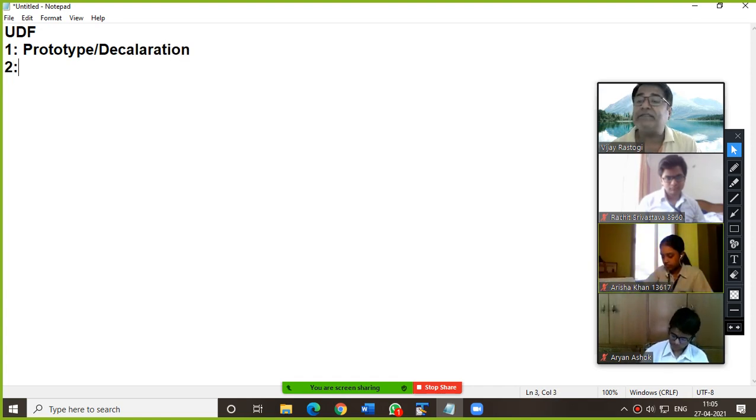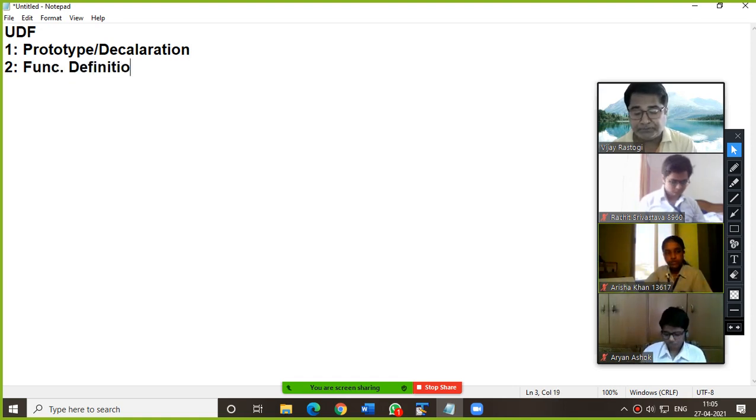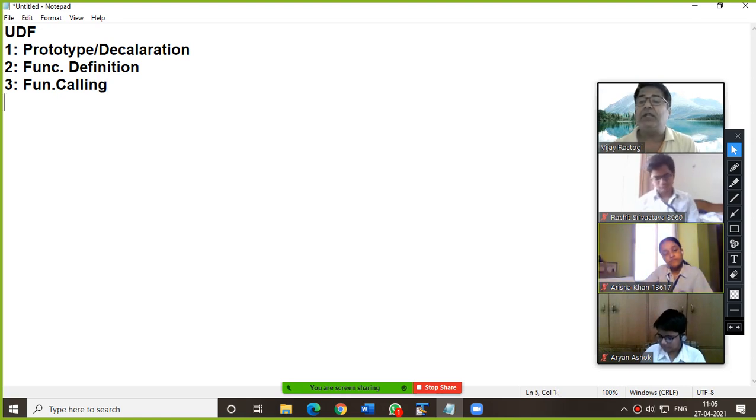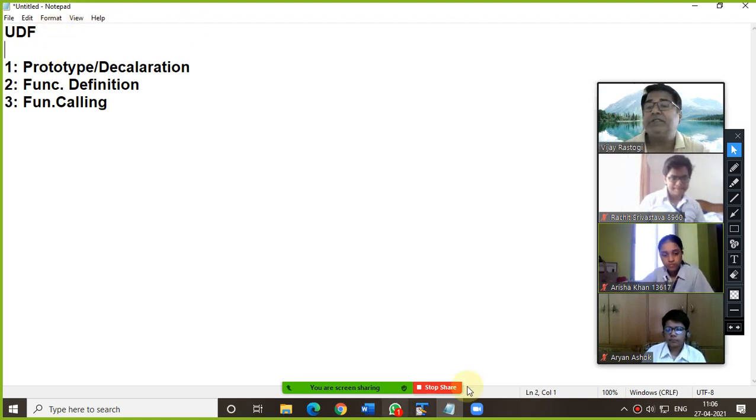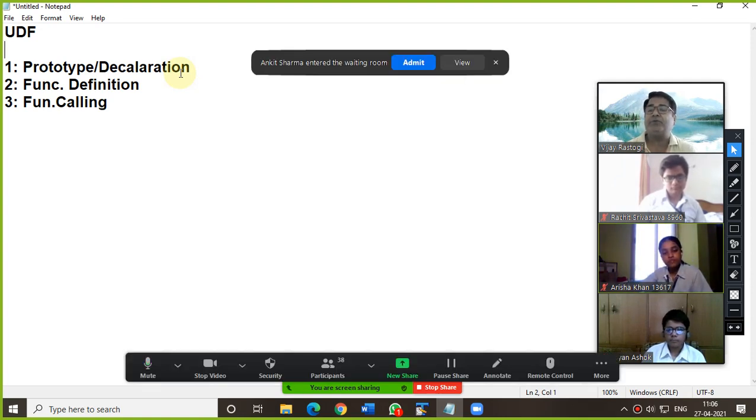The second is the function definition, and the third is function calling. These are the three basic parts in all types of functions, whether it is user-defined or inbuilt.